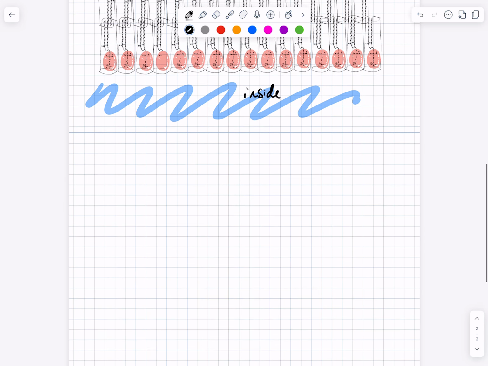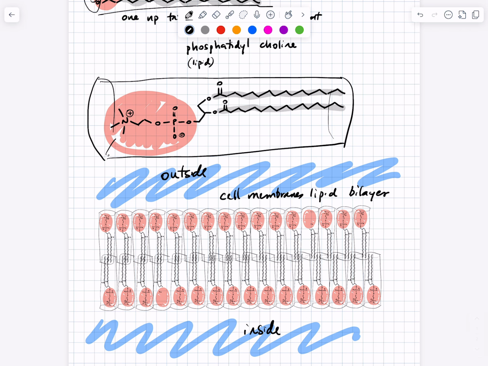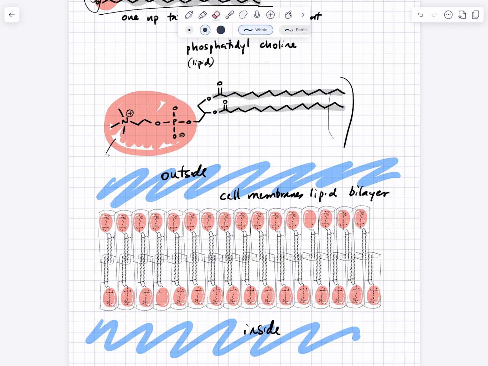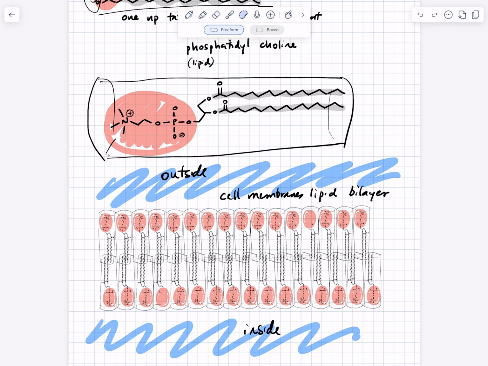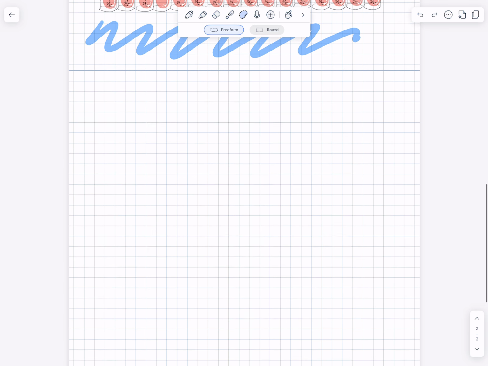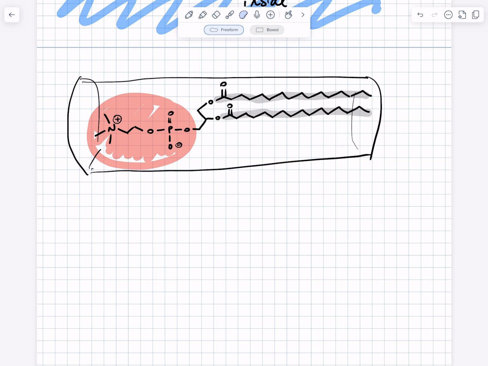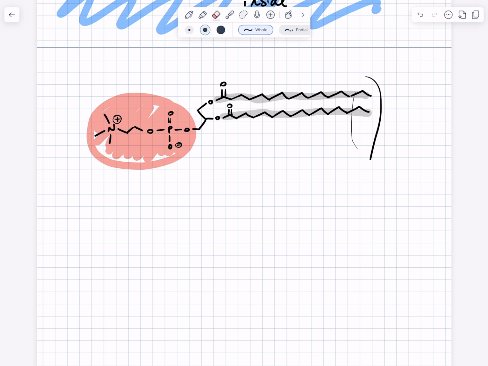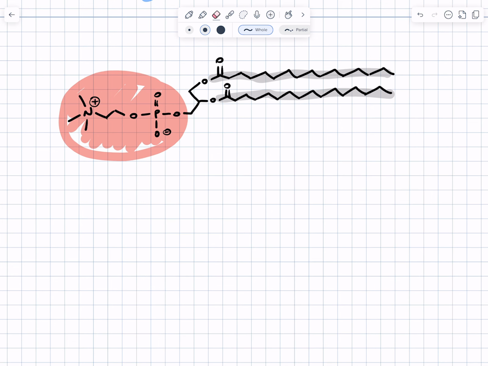We need to talk briefly about emulsifiers. If you're ever cooking, baking in particular, this molecule phosphatidylcholine I told you about, which is a lipid, is also a major component of egg. And so when you crack an egg, in addition to the proteins that are present in the egg, the albumin and the other proteins in the yolk, there's also a fair number of diacylglycerols or phosphatidylcholine that's present in the